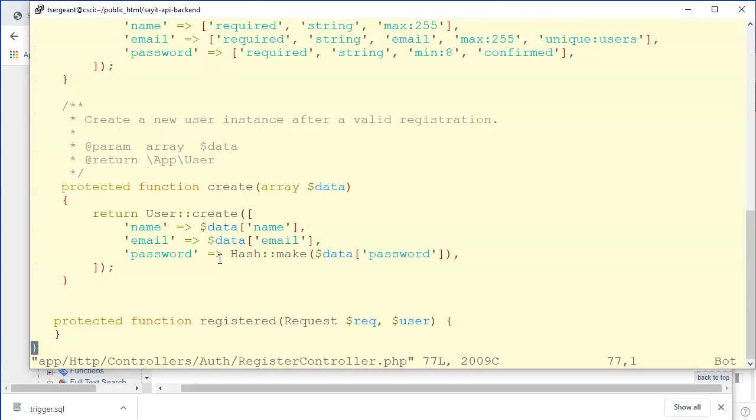So coming back to our register controller, if somebody is registered, we're going to take the user object of the user that was registered and call the generate token function. That's going to do that extra behavior to create the token, save it in the database, and return it. And then we're going to return a response